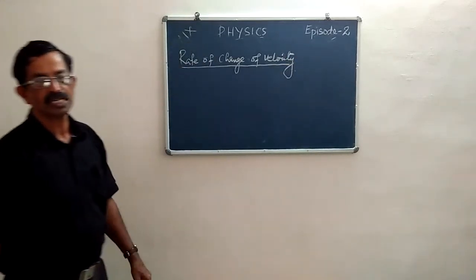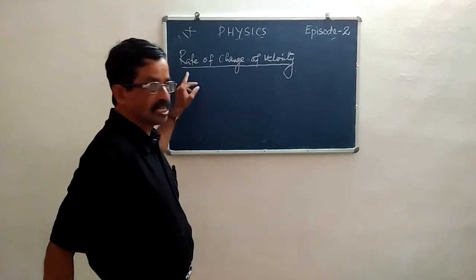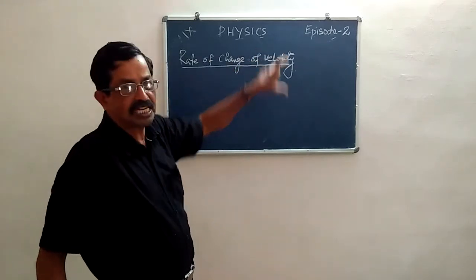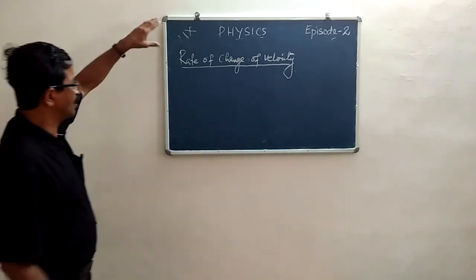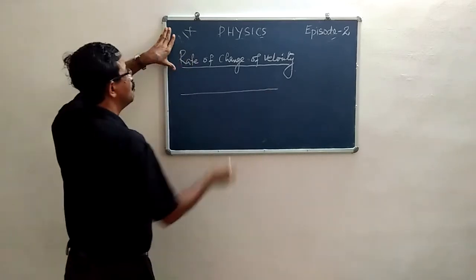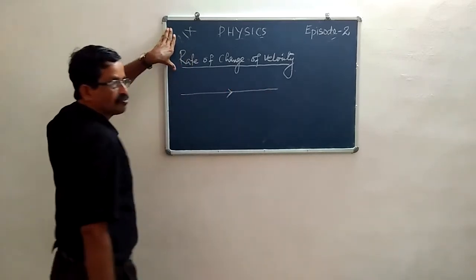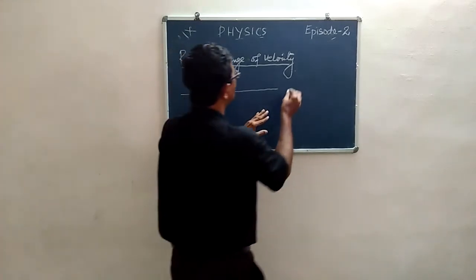What is the rate of change of velocity? That means how velocity varies with time. When a body moves along a straight line with a uniform velocity, when we take its change in velocity,